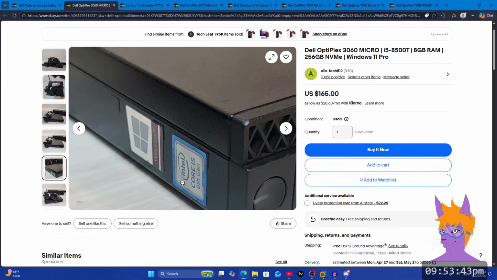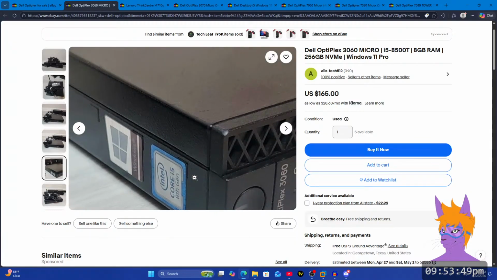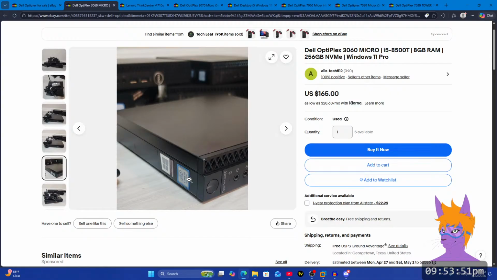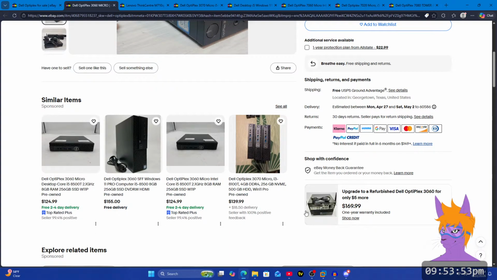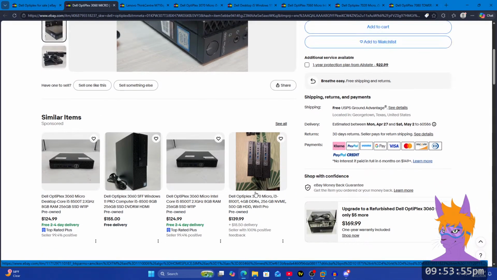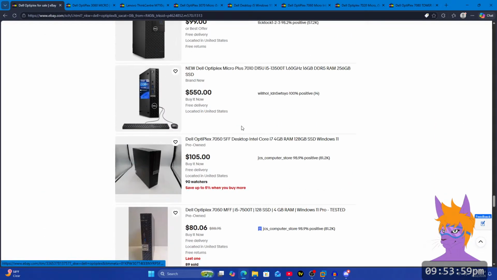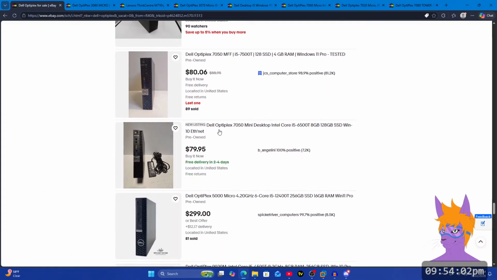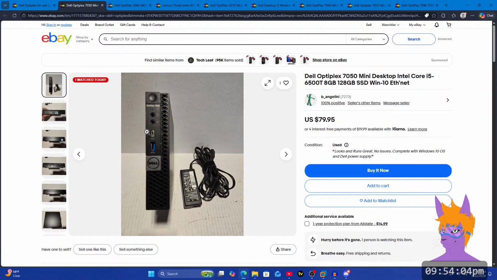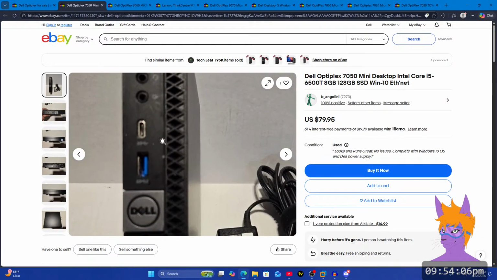Now, these were the specs that the micro I had originally had: 8 gigs of RAM and 256 gigs of storage. But of course, I upgraded it to 32 gigabytes and 1 terabyte of storage, well, on the internal SSD, and then put another 2 terabyte mechanical hard drive in there. So now it has a whopping 3 terabytes of storage. And boy, am I enjoying it. Then we have this